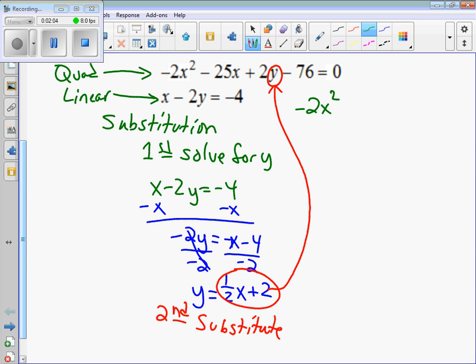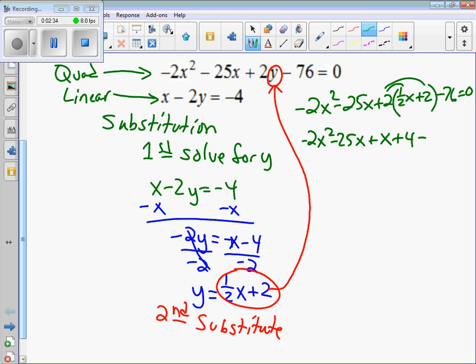So 2x squared minus 25x plus 2 times 1/2 x plus 2. Let's substitute in for y, minus 76 equals 0. I'm going to get rid of the parentheses right away. We have -2x squared minus 25x plus 2 times 1/2 is 1 times x. 2 times 2 is 4. Minus 76 equals 0. Let's gather like terms: -24x